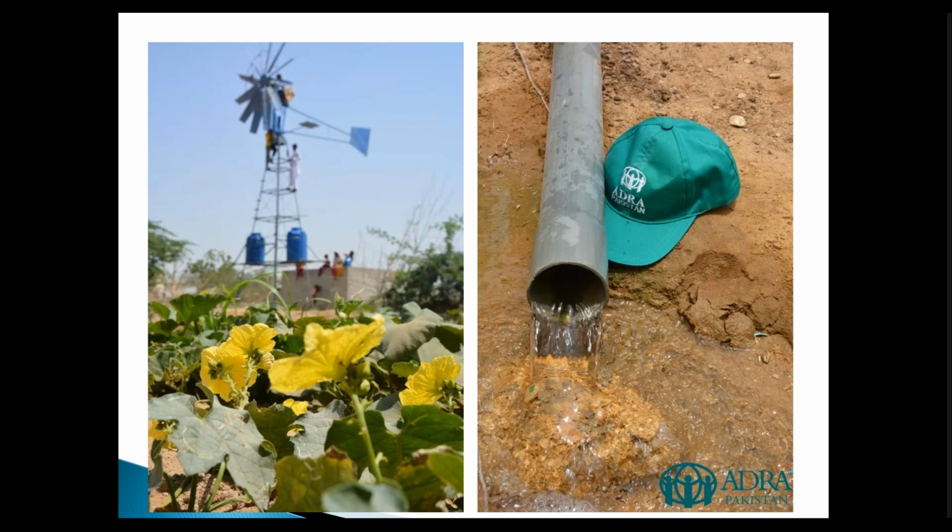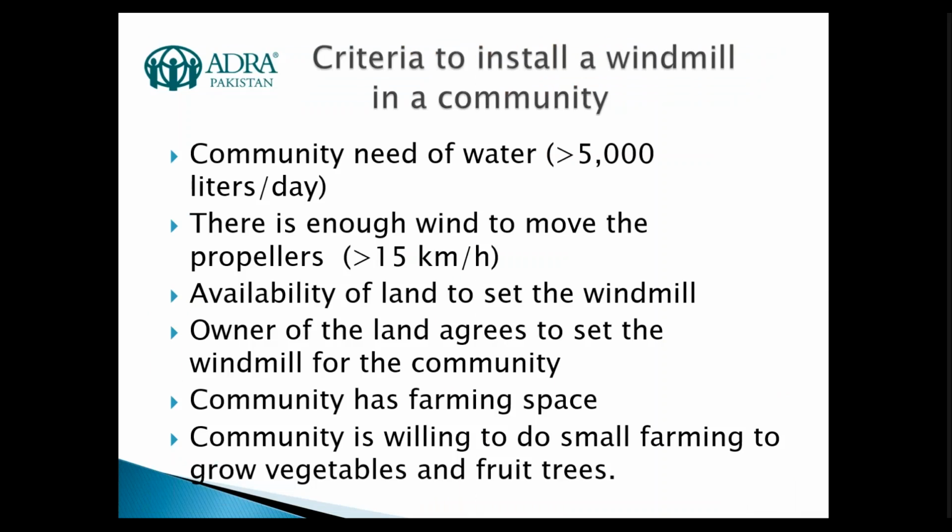We are very, very happy with this, and you will see that using these windmills gets you a lot of good outcomes. But the matter is, what are the criteria that we use for setting a windmill? This is based on the purpose of your project. In our project, we set windmills especially focusing on allowing the families to do farming, especially growing vegetables and fruits, because we're combining WASH with food security for those communities.